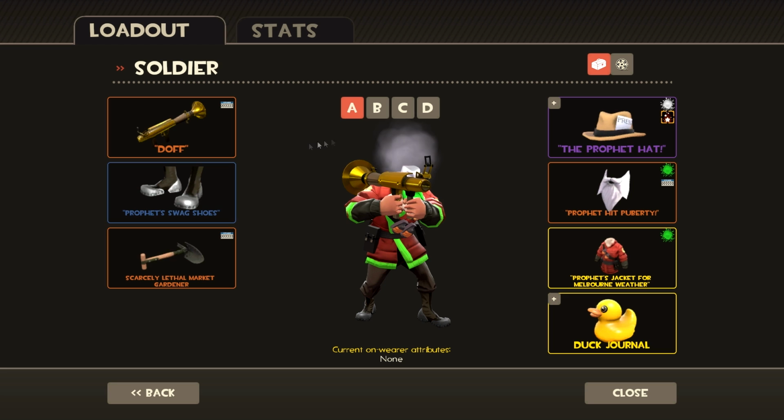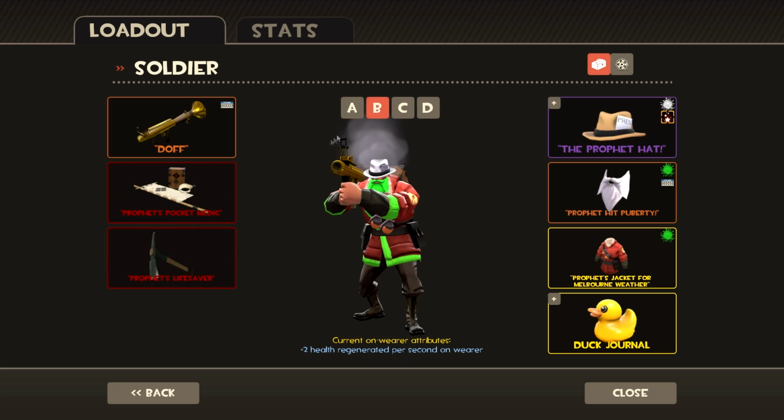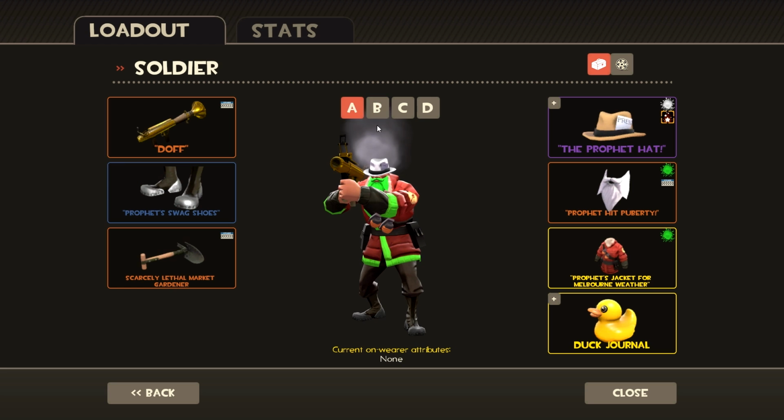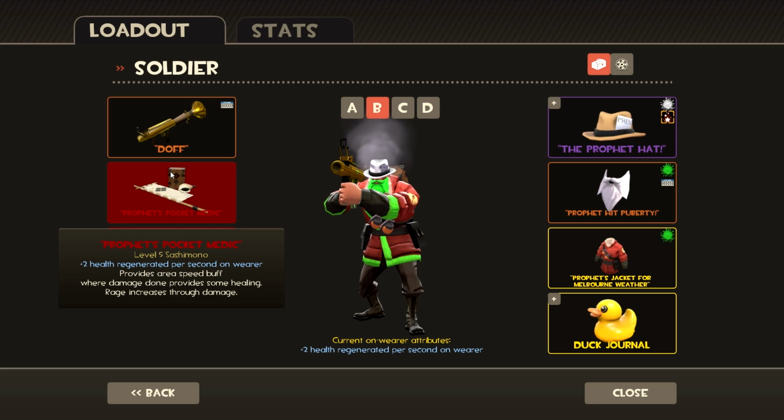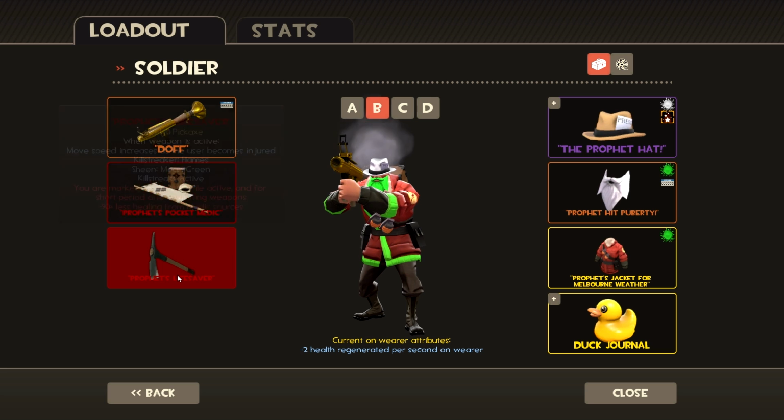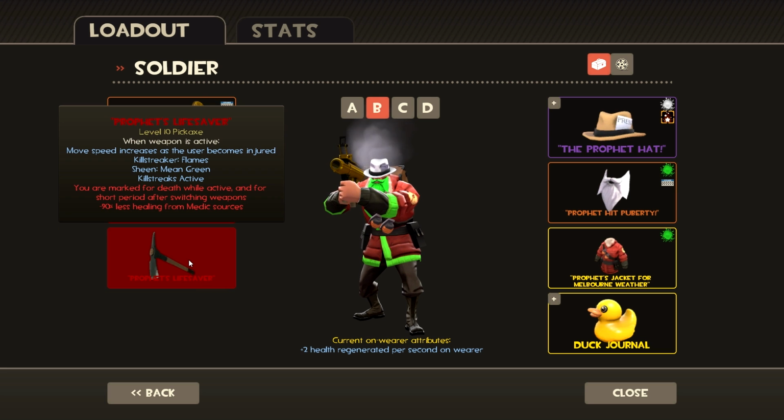A couple of my classes I have more than one loadout. So for example, here in loadout B, this is more of my defensive one, where I have the Conqueror, which is in Collector's, and I did get this for my Zero to Hero trading series. Same with this. This is Professional Killstreak. My Collector's